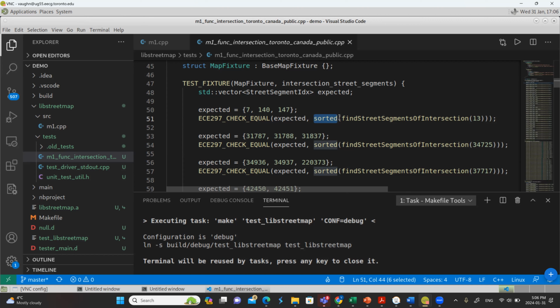We do this for all sorts of things. If you actually read these unit tests, you'll find that we'll add tolerance. If we ask you what's the distance, what is the length of a street segment, we don't check is it exactly equal to some number. We check is it within 1%, like things like this. So we've taken some care. You may find a bug in this still, but hopefully not. We've taken some care that no matter how you write your program, you will pass our tests if you do it in the right way.